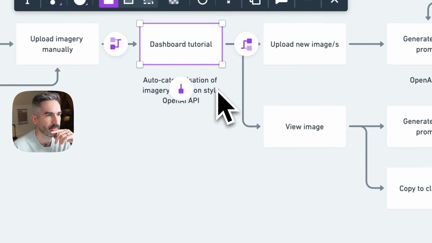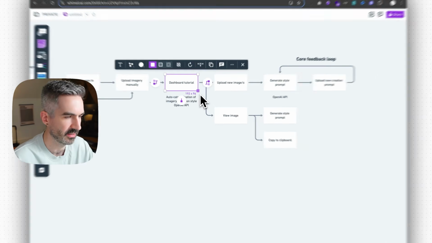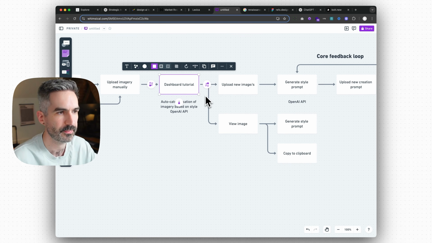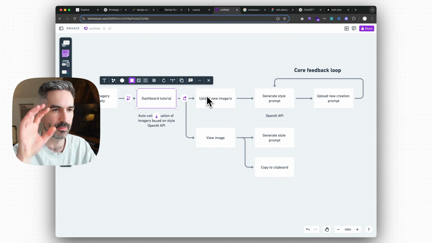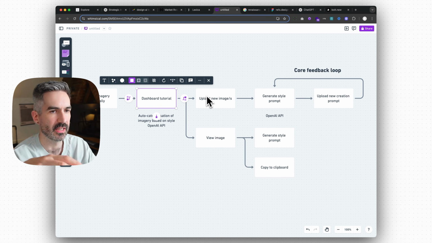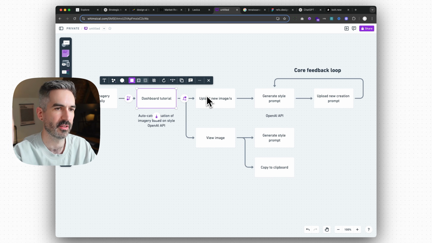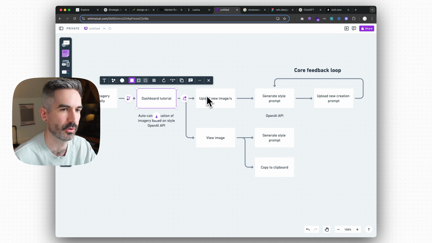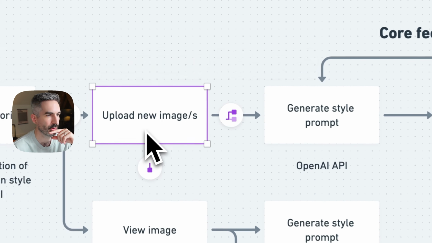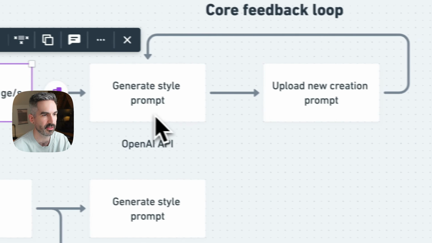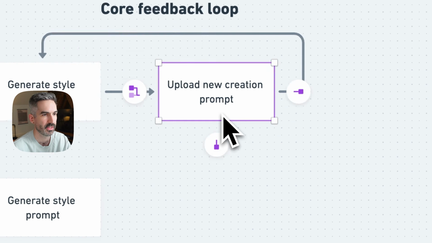I then want to take people into a dashboard tutorial. So this will land them on their dashboard and it will say, here's where you find your images, here's where you upload new images, here's where your collection is, and here's how you generate style prompts for the project, and here's how you generate style prompts for each image that you've added in. We're then going to have a loop of being able to upload new images, generate the style prompt, and then